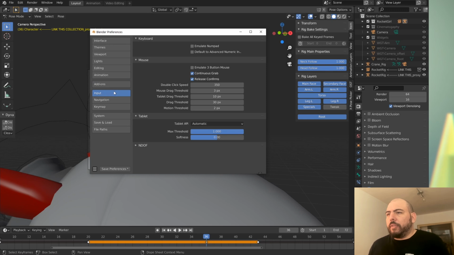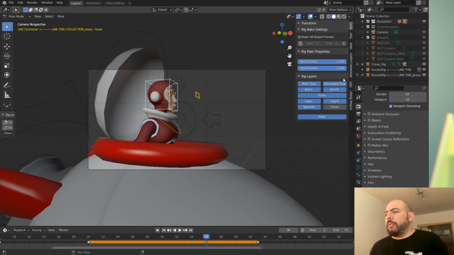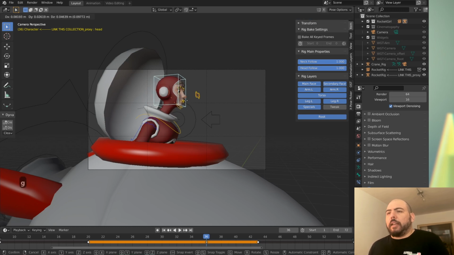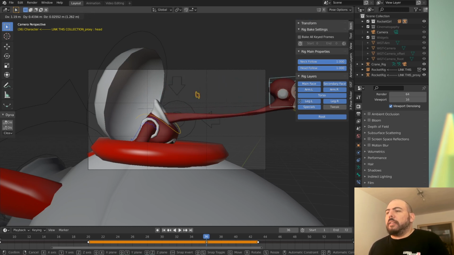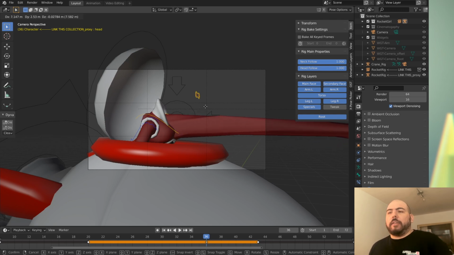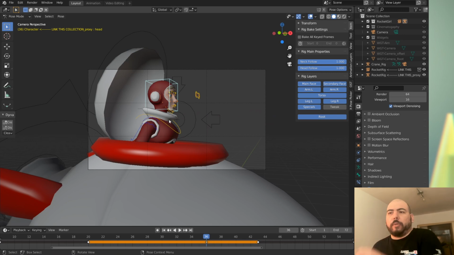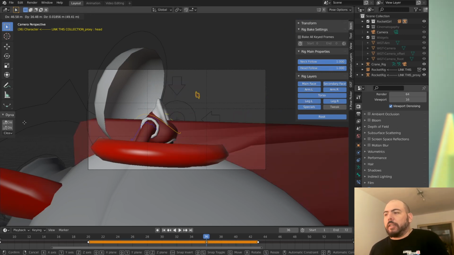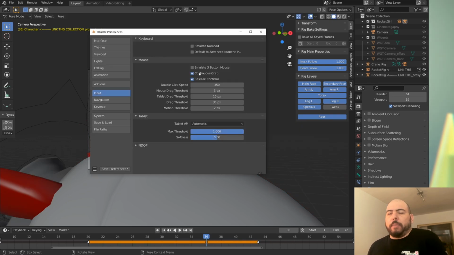Then let's go to input. I don't use a mouse, I use a tablet. Continuous grab is pretty bad when using a tablet because basically your mouse will end up here. What it does is that I can grab this, for instance, and when I go to the end of the screen, it will go back to the beginning, so you can keep on going. Even if you run out of screen, you can keep on moving your mouse doing whatever task you were doing. Sadly, with the pencil, that doesn't work. It just goes bonkers. Because my main input is a pen, it's usually more of a pain in the ass than anything else.